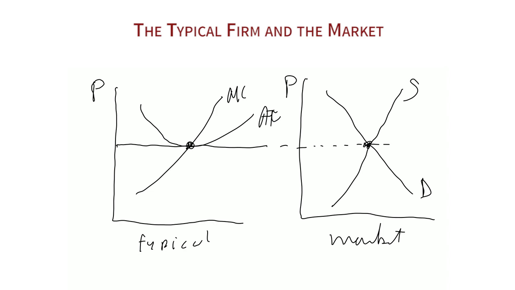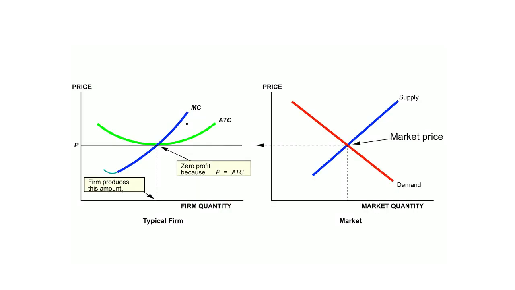So that's how it works. And you can make this look a little fancier with colored lines, but the picture that I drew is pretty much the same. Left-hand side, typical firm, right-hand side, market. Left-hand side has the horizontal axis, the firm's quantity. Right-hand side, the total market quantity. Left-hand side, the firm takes that price as given,